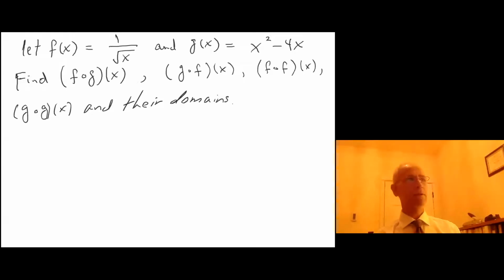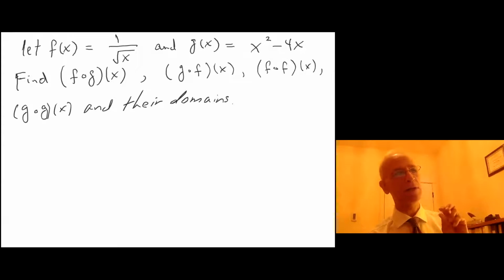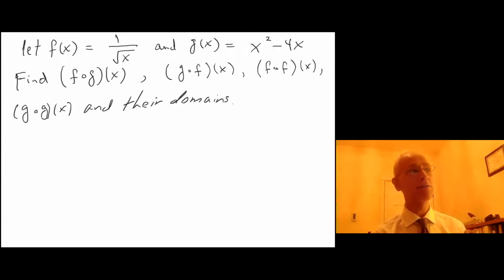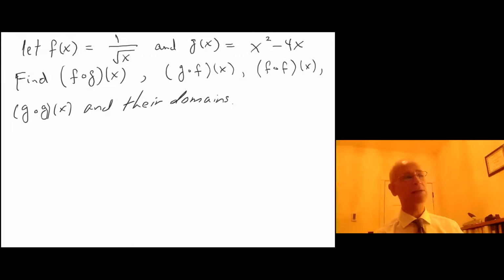So let's continue with composite functions. Now we have f of x equals 1 over square root of x, g of x equals x squared minus 4x. And we are finding f of g of x, g of f of x, f of x, and g of x, and their domains. And once again, let's not mistake f of g of x with f of x times g of x. So let's keep a record of what is the domain of f of x and g of x